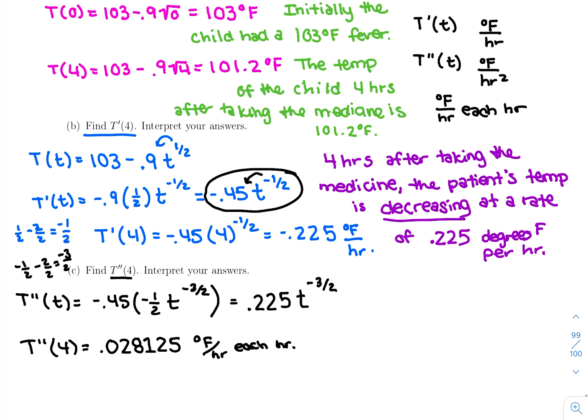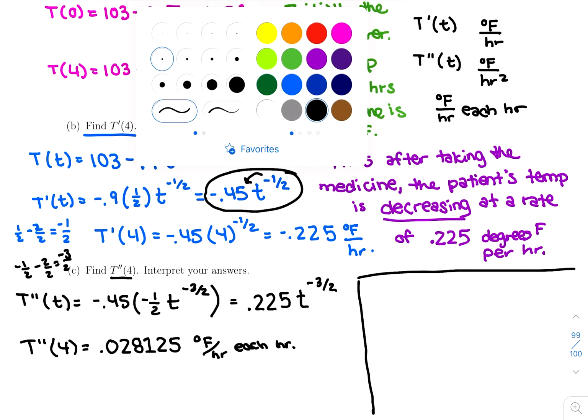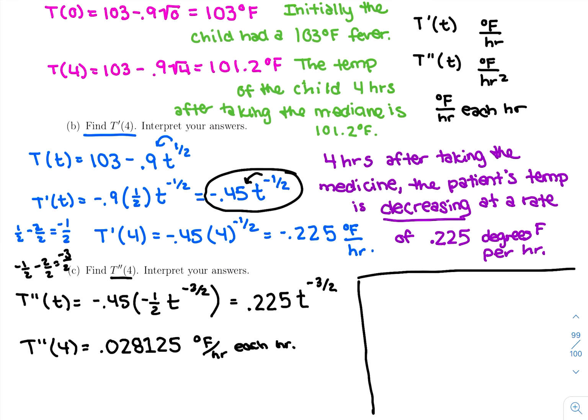So we want to interpret what this means. We can do it right under there, but off to the side over here, let's talk about interpreting the first and second derivative in general. So talking about two derivatives at once, because you can't describe the second derivative without also describing what's happening in the first derivative. So a kind of a random example of this is if we said